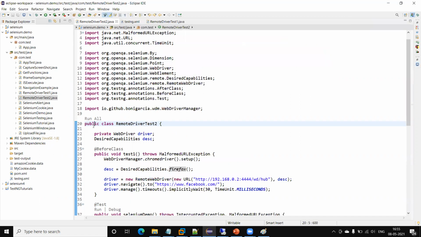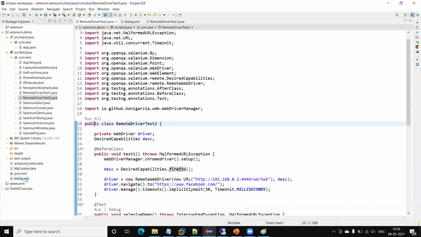Now I am going to run the test on two browsers in parallel. As you know, and if you don't know, you can go through the Selenium TestNG concept. I have already added the links in the description box. You can click and see how we run test cases in parallel, and how we parameterize TestNG, and how we pass the details from the TestNG XML file to our test.